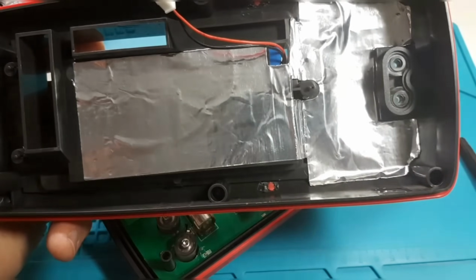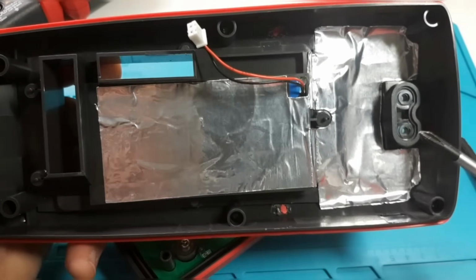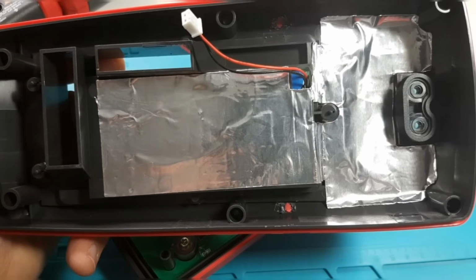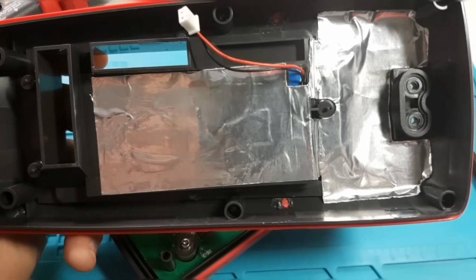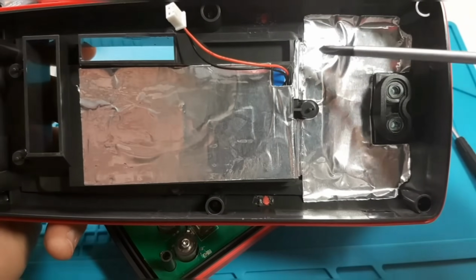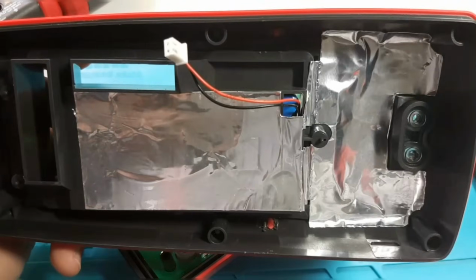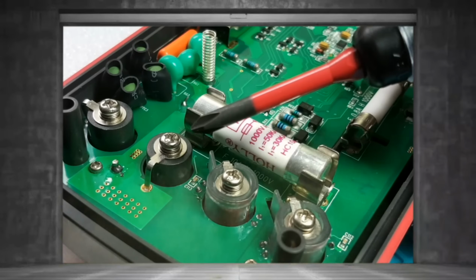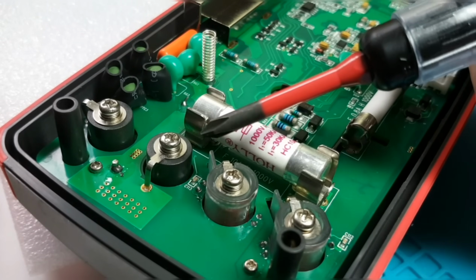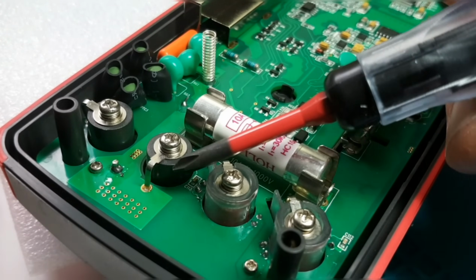Looking at the back of the multimeter cover, you can see we have some shielding. Hoorah! Fantastico! Wow, this is so uncommon, but such a nice sight for the eyes. So the shielding is at the top and over the battery assembly. Very, very nice. PCB, we look at the input jacks, nicely done, screwed in with a nut and firmly